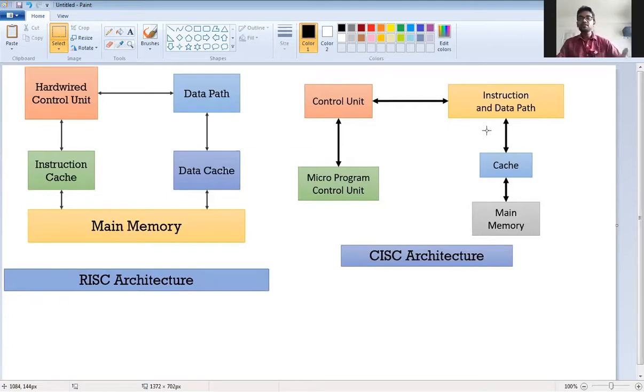In RISC, the advantageous thing is that a large number of general purpose registers are there. General purpose registers in RISC are large. In CISC, they are small in number. Okay. RISC is generally called a load store architecture. Meaning the data is, suppose the instruction is